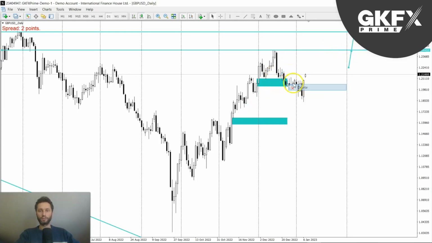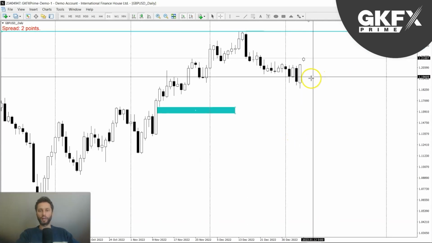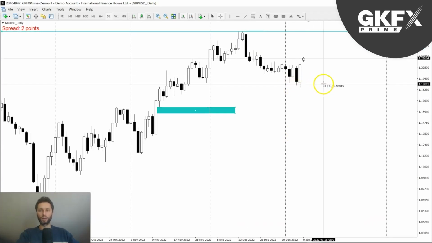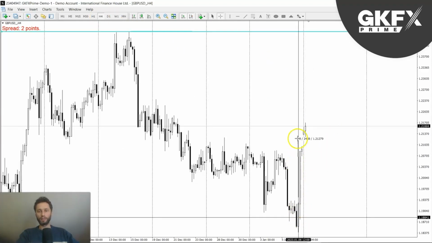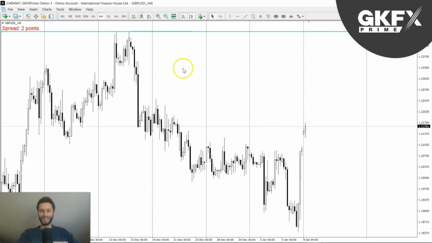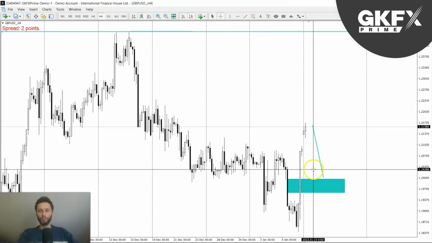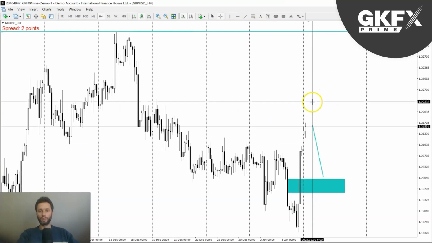Let's now delete all of this. So I'll be now looking at this to be a swing low, and go down to the 4 hour. We can see that we have had this very, very bullish move, a massive move on that NFP day. So now I'd like to get a better price, a cheaper price in this area here, which would correspond with